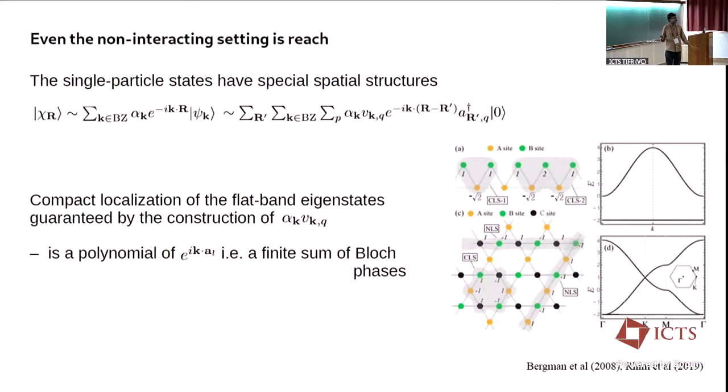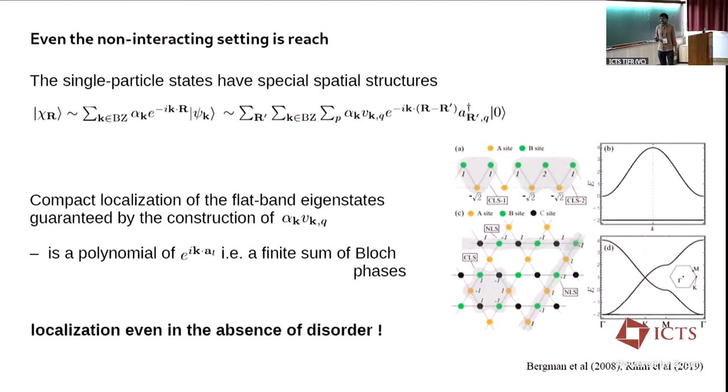There is no disorder, and you still have a localized eigenstate. This kind of localized eigenstate is called a compact localized eigenstate. Given a flat band, if you do a simple Hilbert space counting, you should be able to construct n linearly independent copies of this eigenstate if you have n such states on the flat band. Now it turns out that is not always possible when you have a gapless flat band. So that essentially sets the stage for our investigation, that if you have a gapless